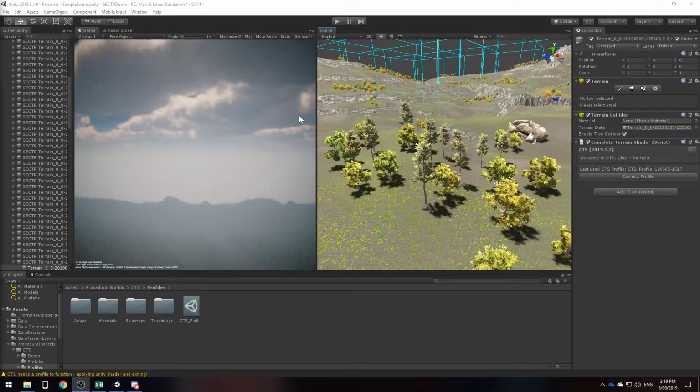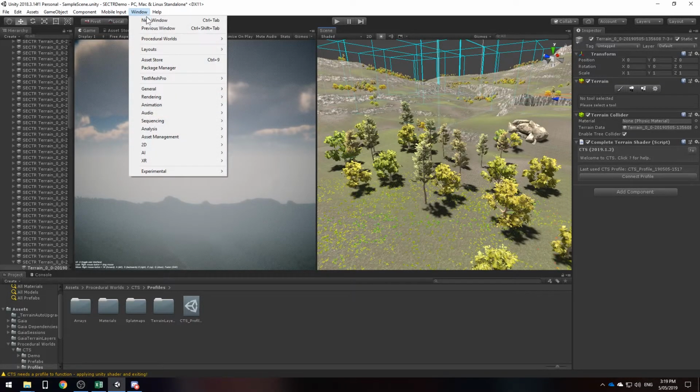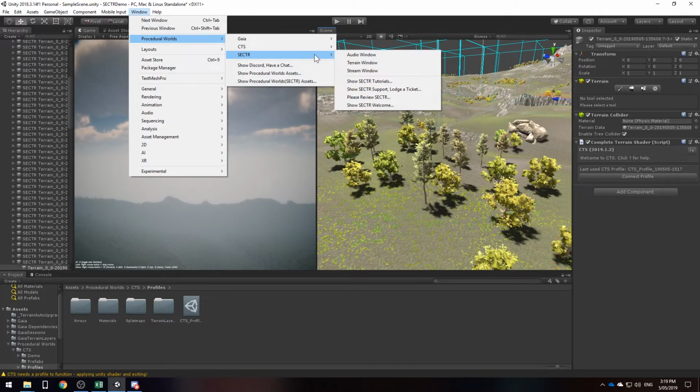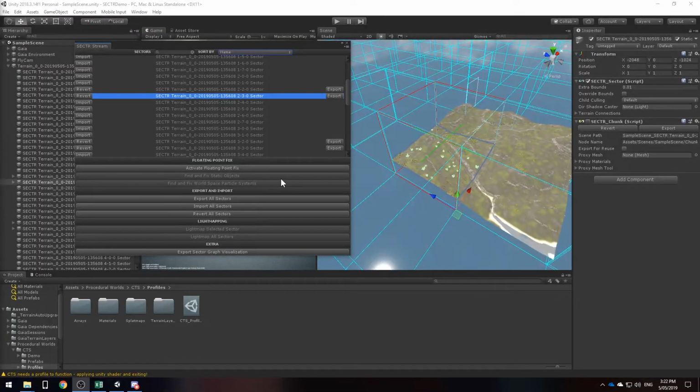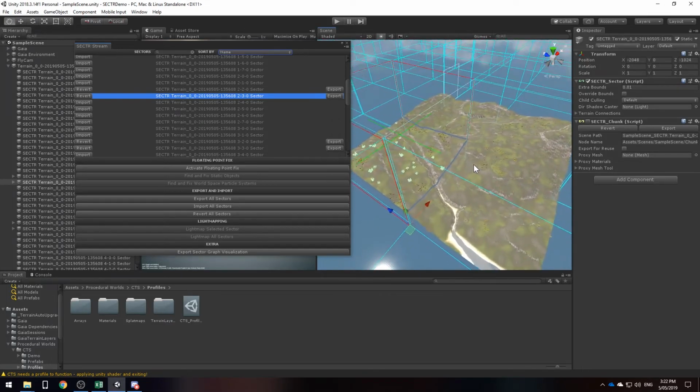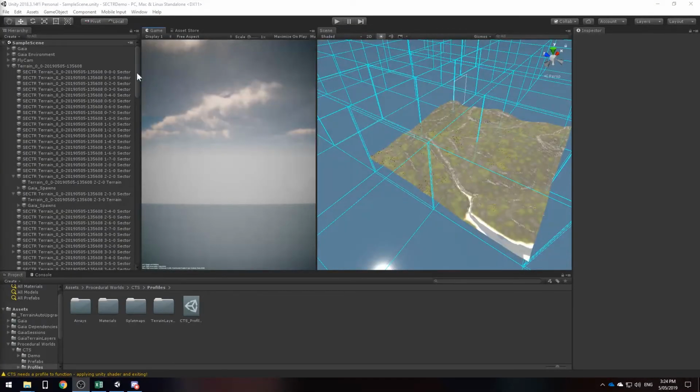Now that CTS is disconnected, we need to re-export all of the terrains by going to the stream window and clicking export all sectors. Before playing this time, I've actually selected certain sectors to be imported at the beginning of the game. Those sections are the ones in which the camera will start. That way, when the game loads, the player won't accidentally fall through the world. Now let's make a new build